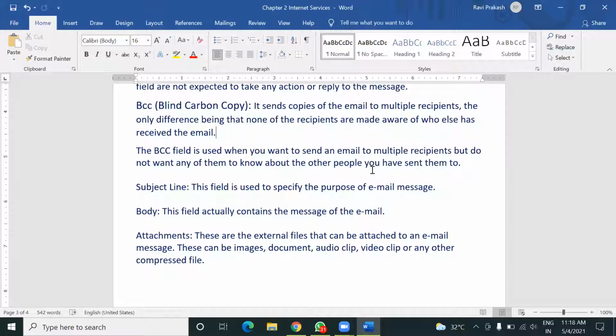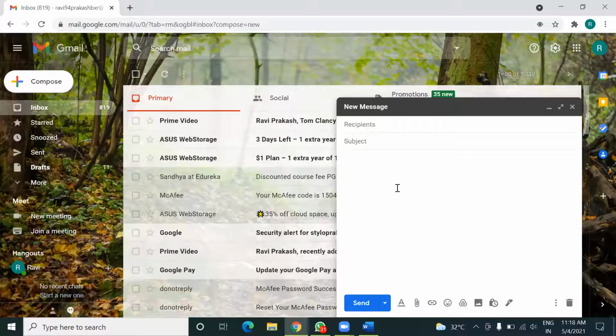Next is your body. This whole area is the body. In this area, we type our main message or text, whatever we want to send through this email.